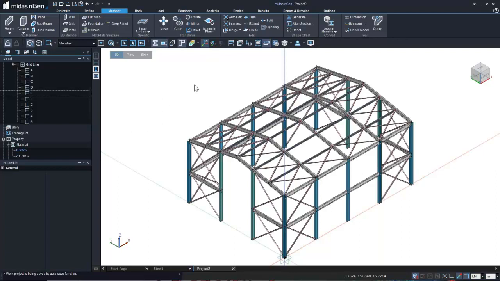Alright, so we are done with our model. Now let's look at some really good features that are additionally available in MIDAS nGen. One such good tool is the auto edit type. In the auto edit type, the members which are undivided or the members which have been divided unnecessarily will get